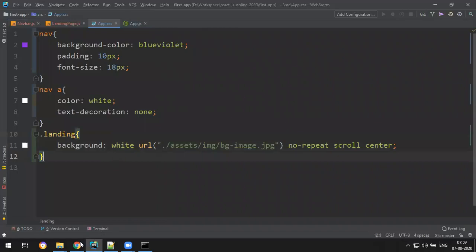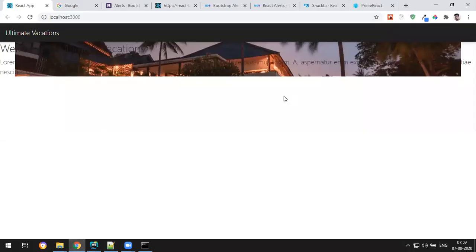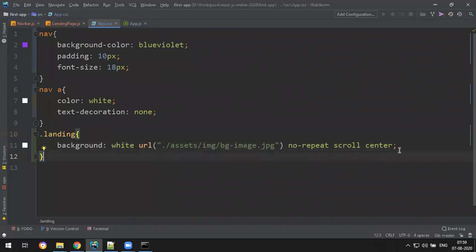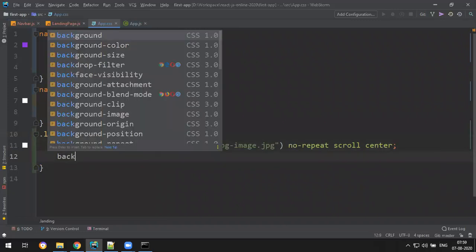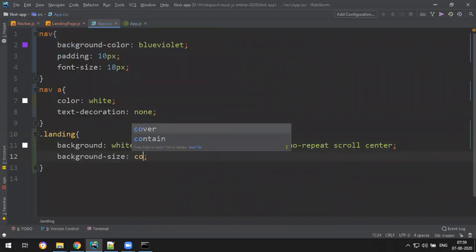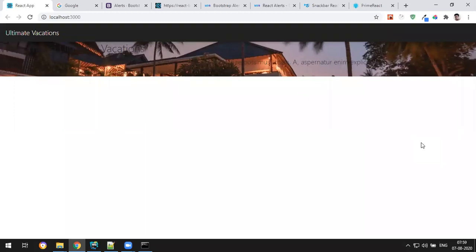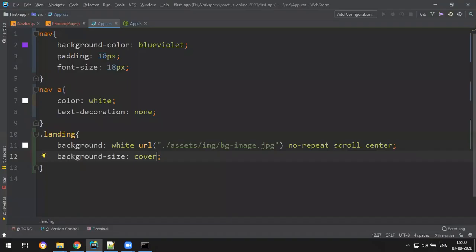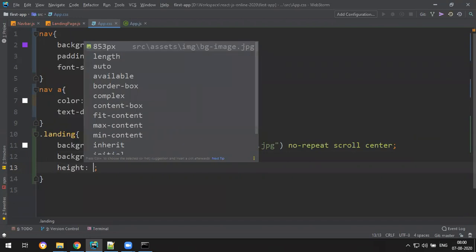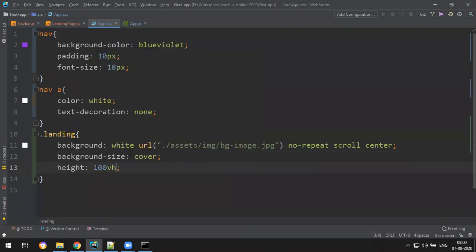So let's check. Yeah, you got the image, but I want to spread it across. So you can write background-size: cover. And let me make the height 100%. So let's say height, you can give 100vh. That's viewport height.